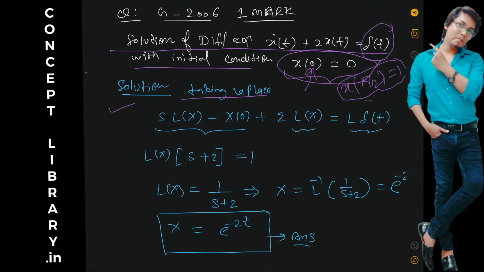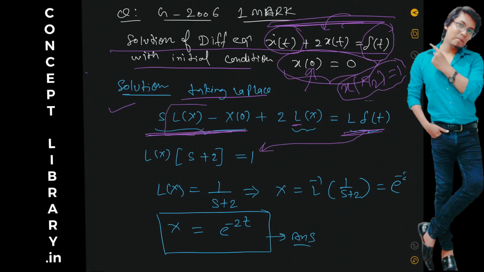Solution. So taking Laplace, so you can see this much part is coming only from this one, and then you take Laplace of x. This equation is given in terms of x, don't worry, the previous question was given in terms of y. So Laplace of impulse function, in some video we discussed Laplace of impulse function is 1, and then take Laplace of x common from here and here, so we are remaining with s plus 2. Okay, then you send this here, so we got Laplace of x as 1 by s plus 2,